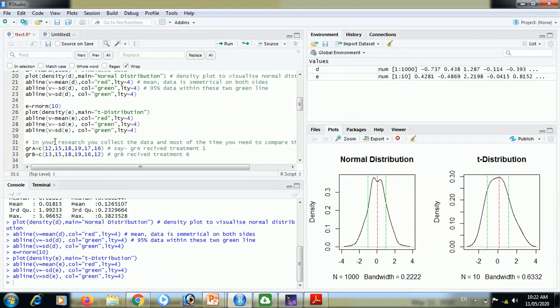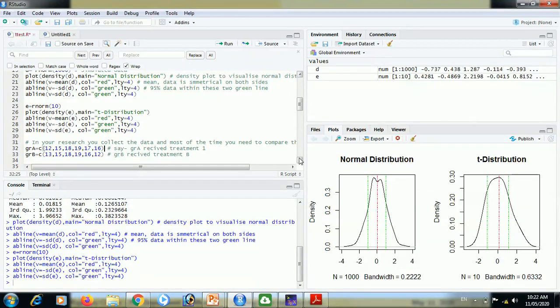Okay. T distribution is a special case of normal distribution. But due to less sample size, normal distribution tests like F-test and Z-test cannot be applied to T distribution. Therefore, we require to apply T-test for that. And here, we have data obtained from two groups, group A and group B. Suppose this is experimental data in which group A received treatment A and group B received treatment B. And we want to see whether these two groups have any difference or not.